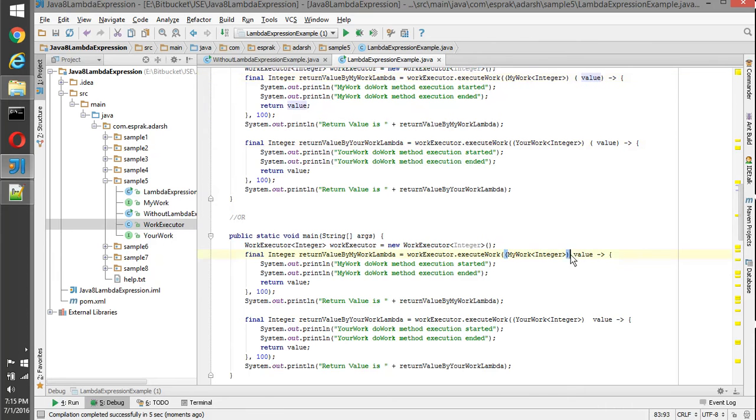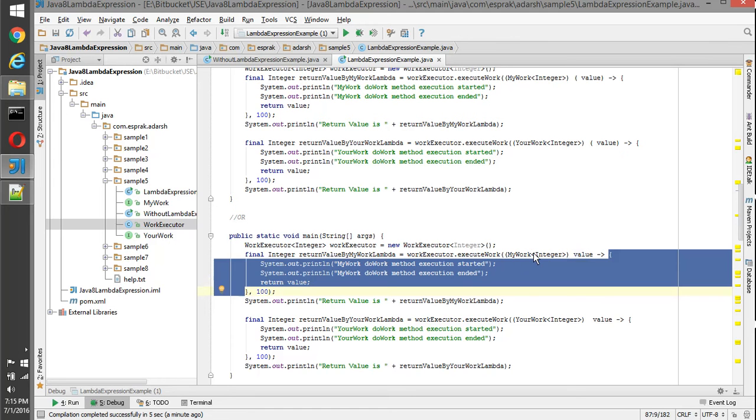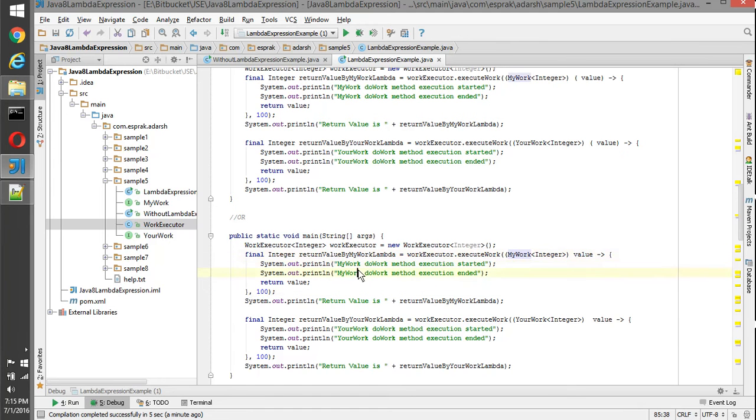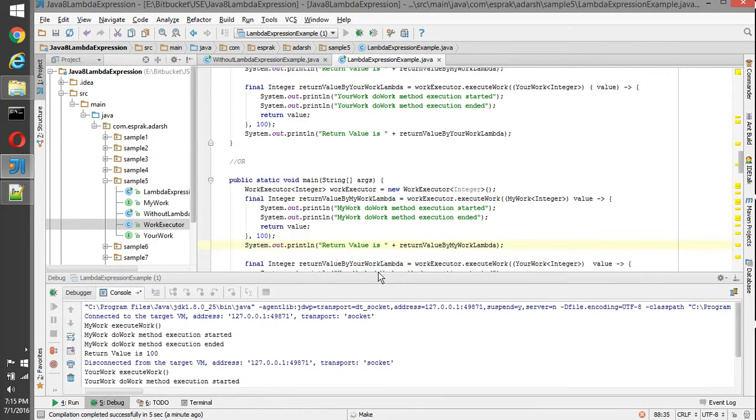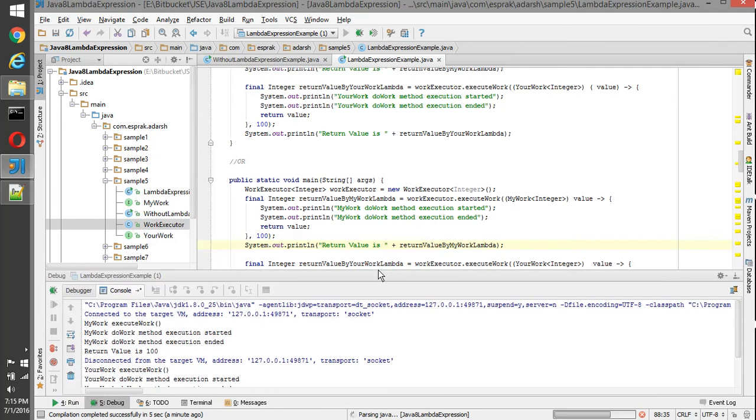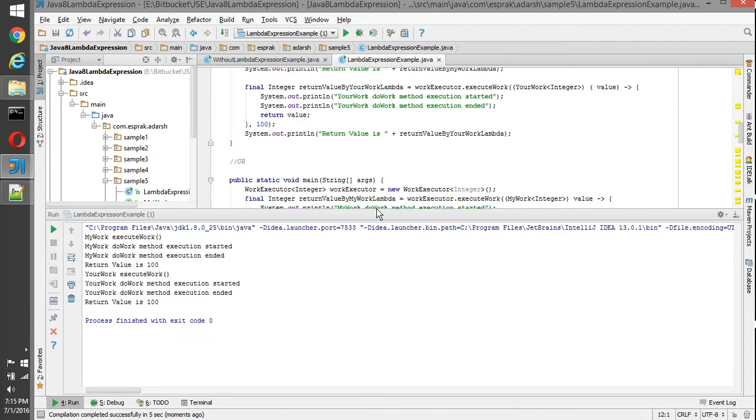It becomes optional for a single parameter, so we have just removed that, and then this is the method body, and we are typecasting it to myWork, and this is the implementation. If I execute this piece of code, there's no difference in the output.